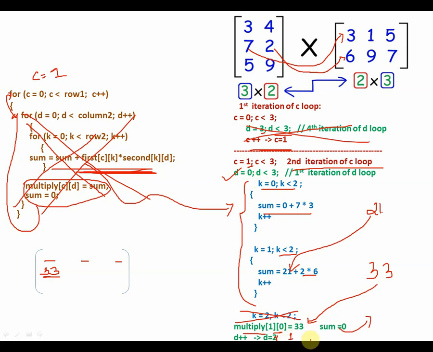D will be 1, and then D will be 2. So you will go on doing this, and for the last iteration C will take the next value, and then you will perform all these things once again to get the last row. So this is how you would perform the matrix multiplication.